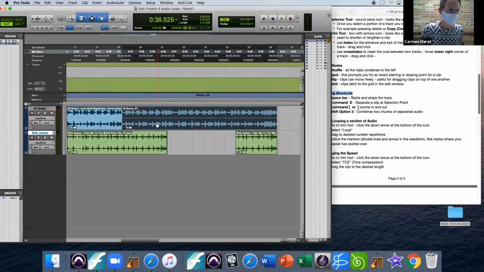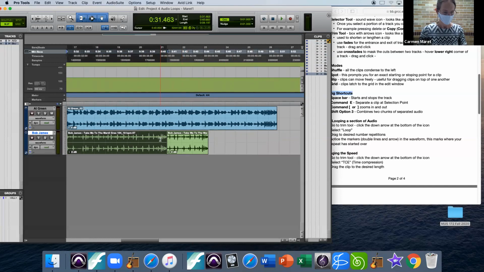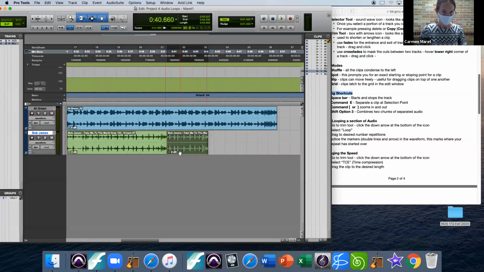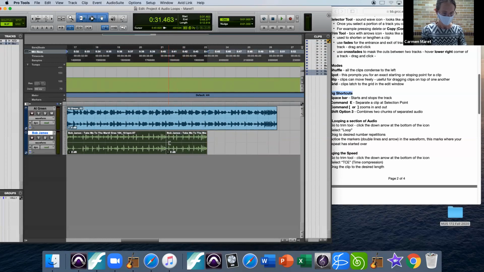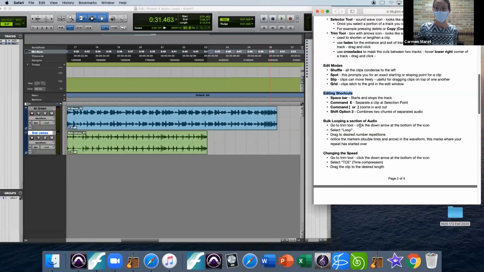So let's see, can I heal this one back up? Shift Command Option 3. There we go. Okay, now I have a full track again, and then maybe I can do that with this one too. Not close enough. Shift Option 3. There we go. Okay, now I have 2 complete segments again. You may want to loop, and there's an automatic way that you can loop. You could, of course, do what I was doing. You could select the track, Command C, Command V, copy, paste, but under the